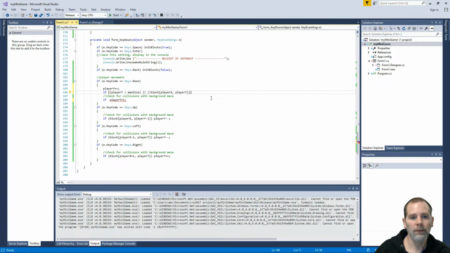wait a minute. We want to actually check, and we want to undo this. Yeah, we want to go greater than or equal, and we do want to check. So if it's out of bounds or there's a wall there, because if it's out of bounds, it will short circuit. It's called short circuiting the if statement here. If this one is false,